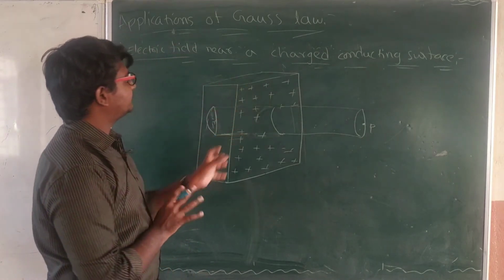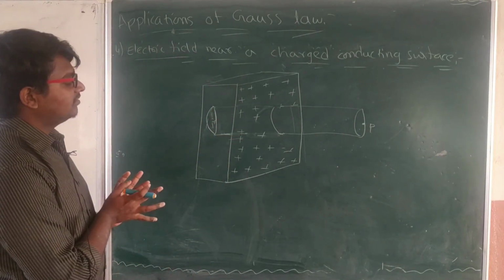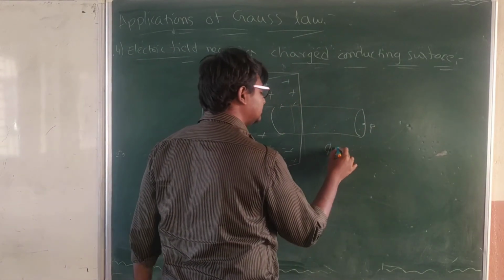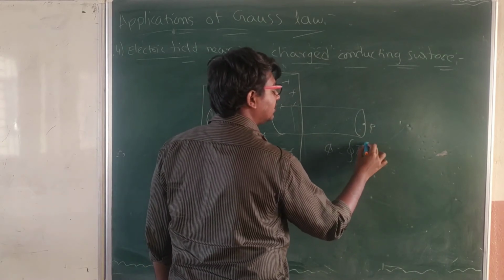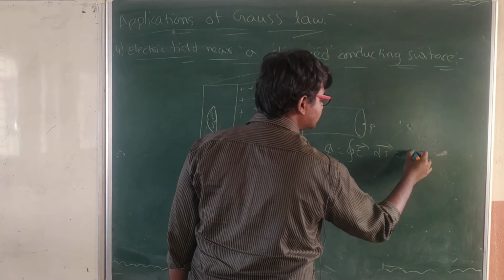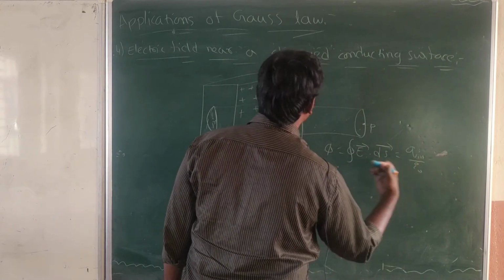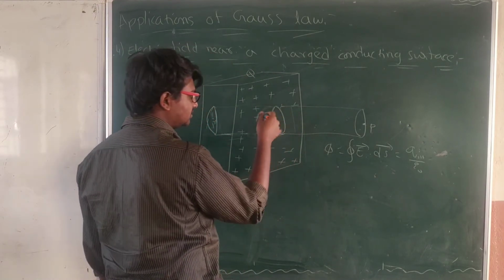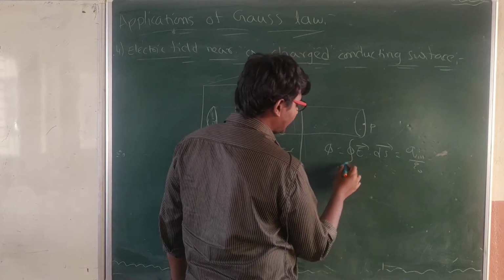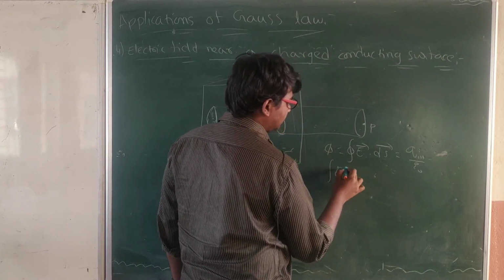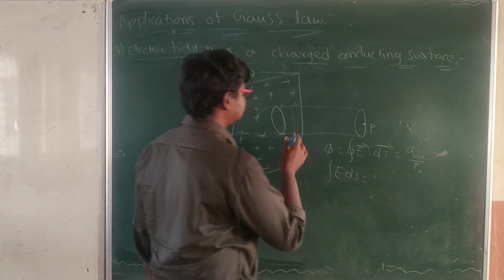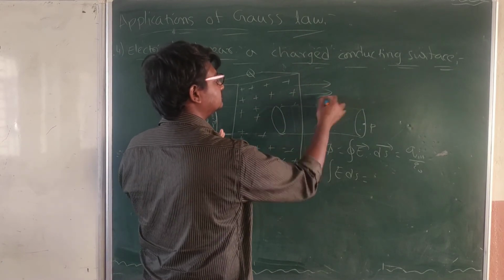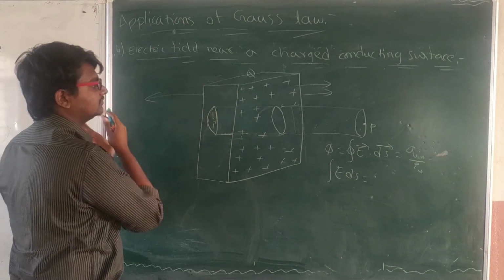Now due to this type of conductor, what will be the value of electric field at the point P, we need to find. Let's consider the general formula. Integral E bar dot ds bar is equal to q inside by epsilon naught, and q inside is the charge enclosed in this Gaussian surface particularly. Now integral E ds only will come here also, because this is like the before case. Simply here also electric field will be going in this manner. Here also it will be going in a different direction.